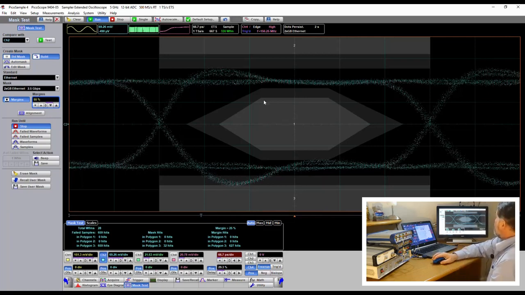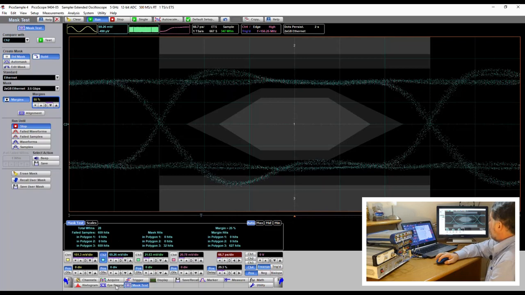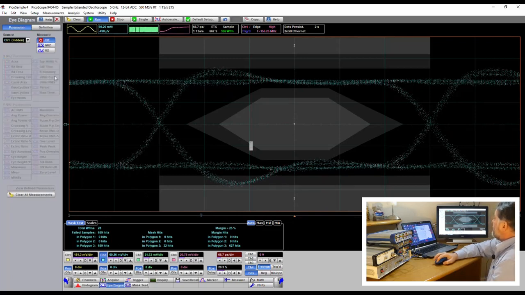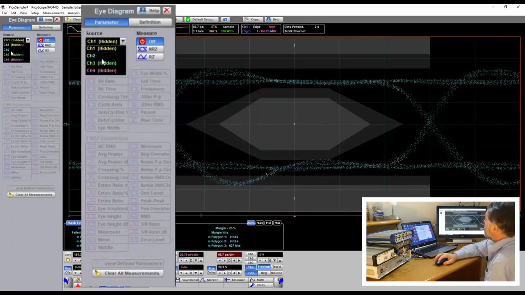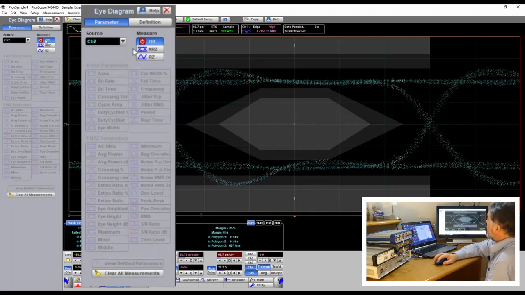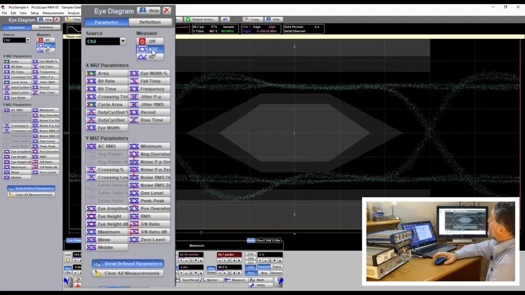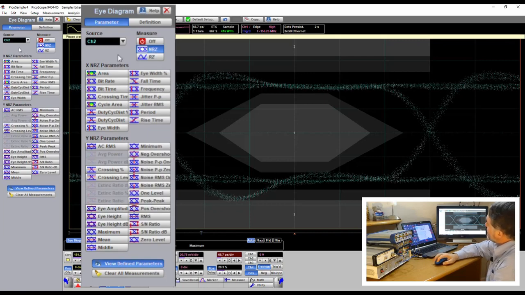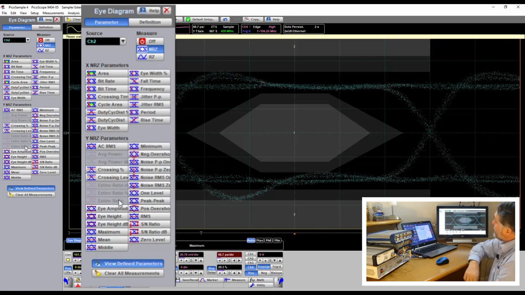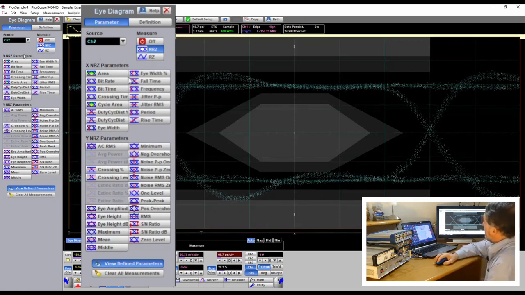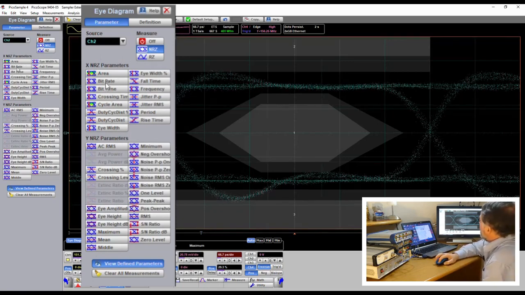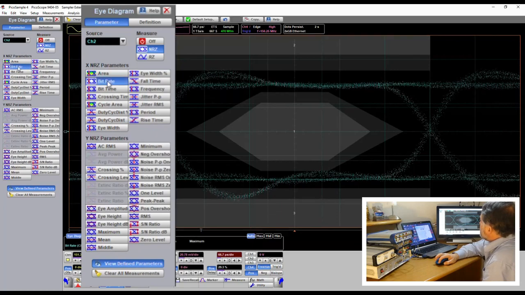Now what else can we do? We can add a set of measures to this. So to select none, return to 0 on channel 2. You can see I've picked up a large number of standard measures that I can apply to this eye. I'm going to apply bitrate,